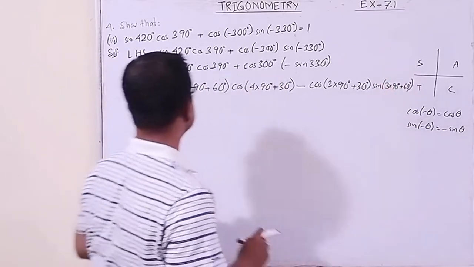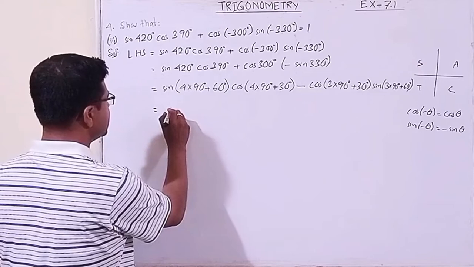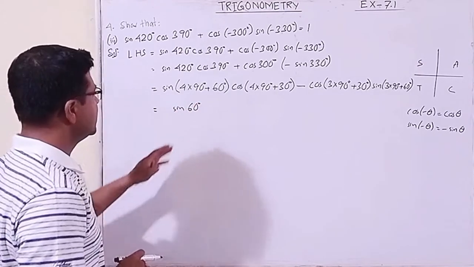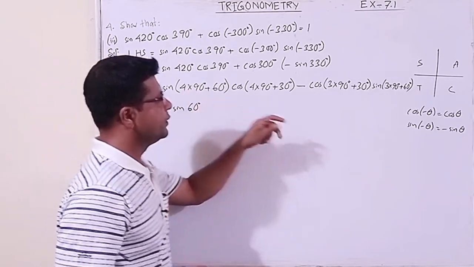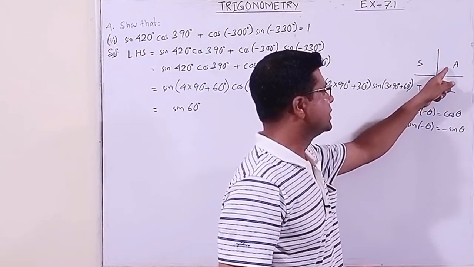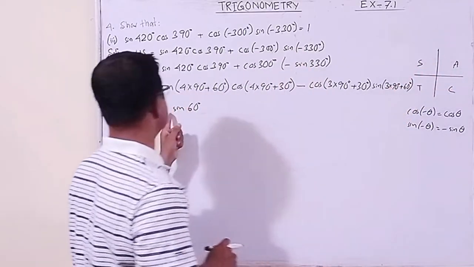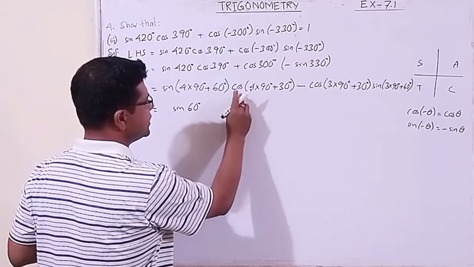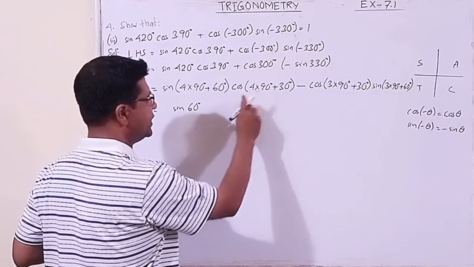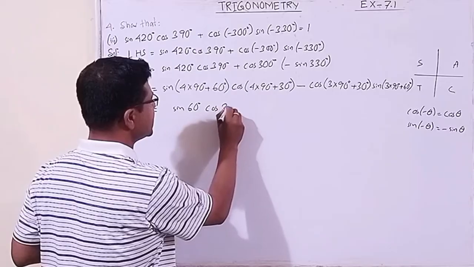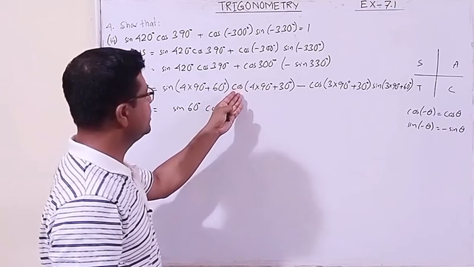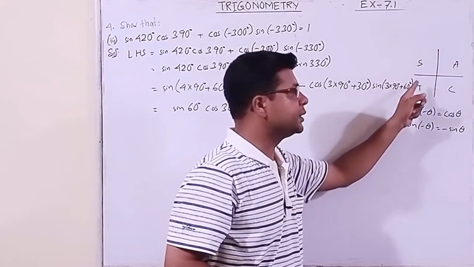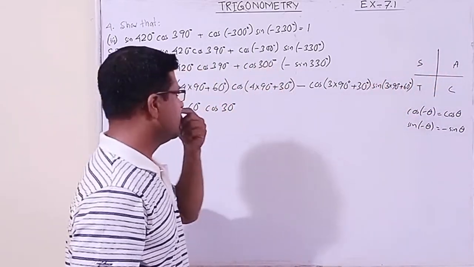Now this concept we require now. Even multiple of 90, so sine is sine of 60 degree. It is not going to change. It lies in the first quadrant: 4 into 90 is 1 rotation plus 60 degree, so it is positive. Then again this is also the same case. Here cos is even multiple of 90, so cos will remain as cos 30 degree. The sign is not going to change, the sign will be positive only because it lies in the first quadrant. 4 into 90, that is 1 complete rotation plus 30 degree, it moves into the first quadrant.